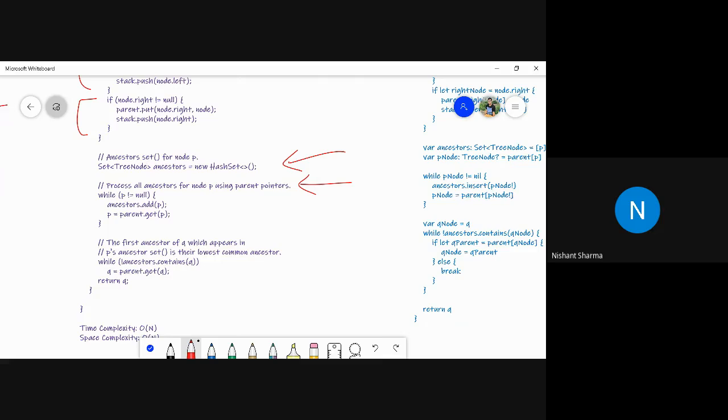With the help of P, in a while loop, we will add the ancestor of P in a set, and we will again move to the parent.